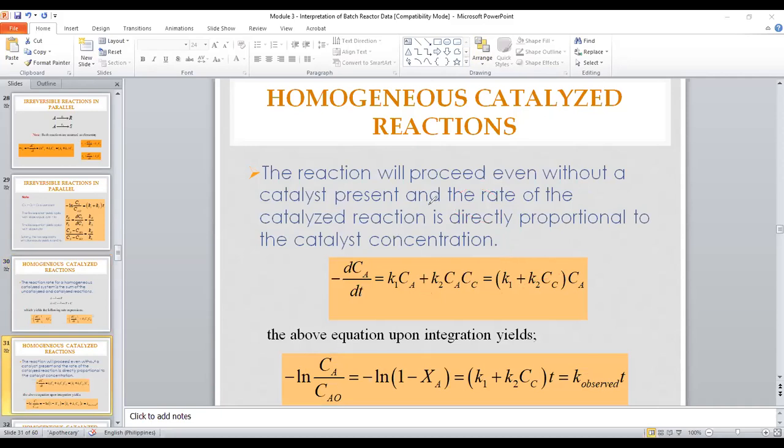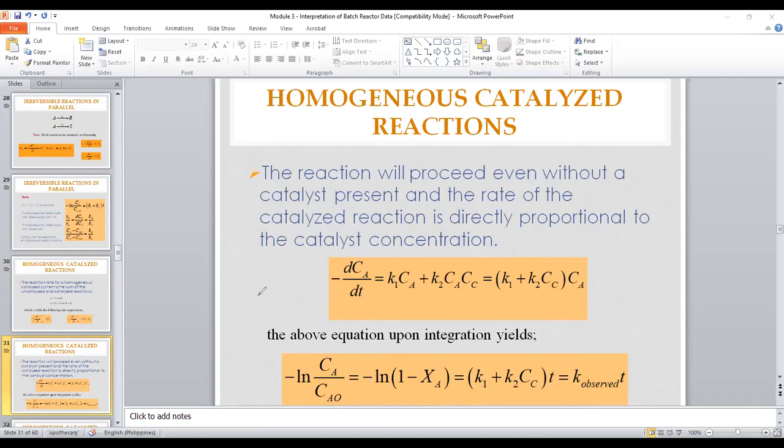the reaction will proceed even without the catalyst present. So we know that in the case of homogeneous catalyzed reactions, and in most cases, this is the thing that is happening, even if we don't have the presence of the catalyst, the reaction will still happen. So the purpose of the catalyst is just to shorten the time for the reaction to produce the corresponding yield that it wants to produce. So the reaction will proceed without the catalyst present, and the rate of the catalyzed reaction is directly proportional to